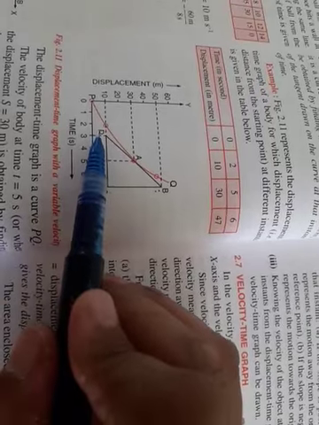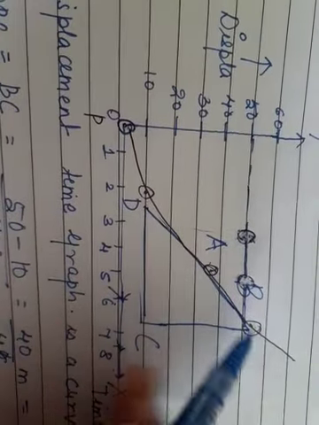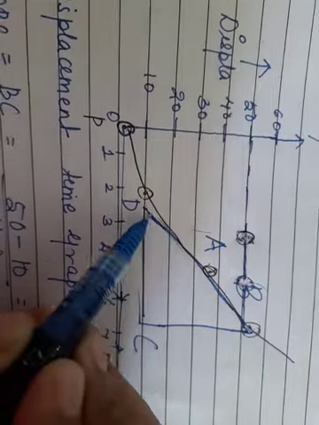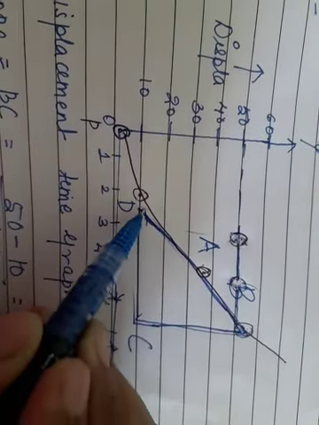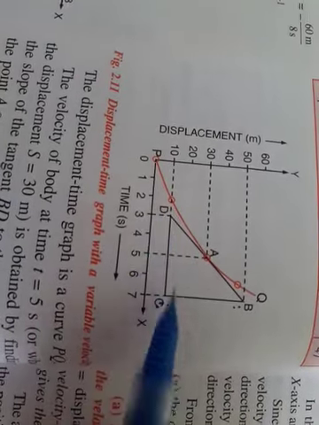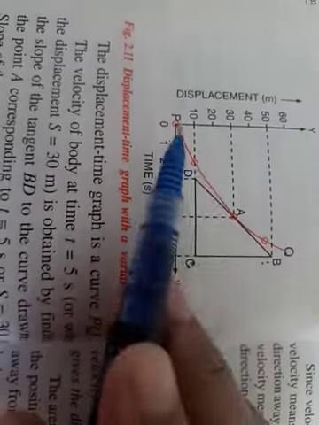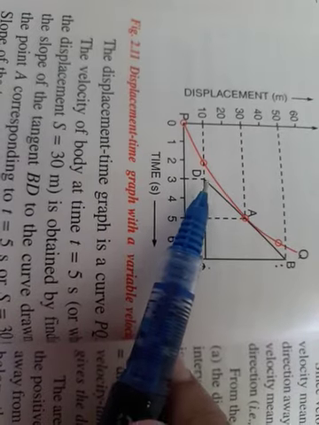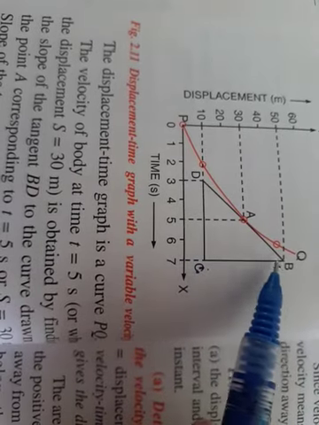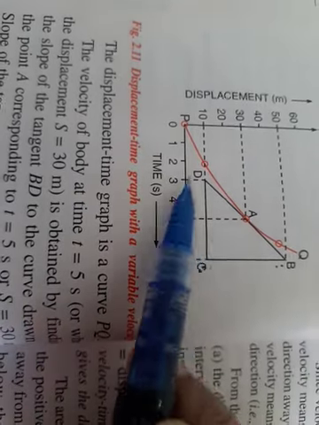Now here if you see, they have drawn a tangent here, like this. Here there is a tangent which is drawn over here. The same points are there. This tangent is extended and then the points are recorded. So here you can see B, C, D and A. This is the displacement time graph of variable velocity, which is a curve. A particular tangent is drawn to it and then 2 points are taken for it. So here first B point, here D and here C.